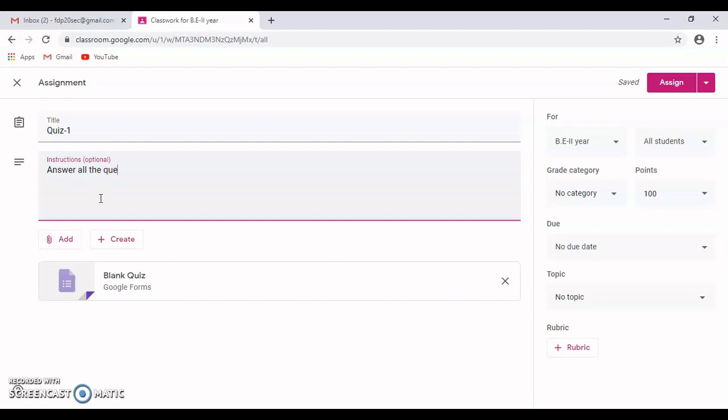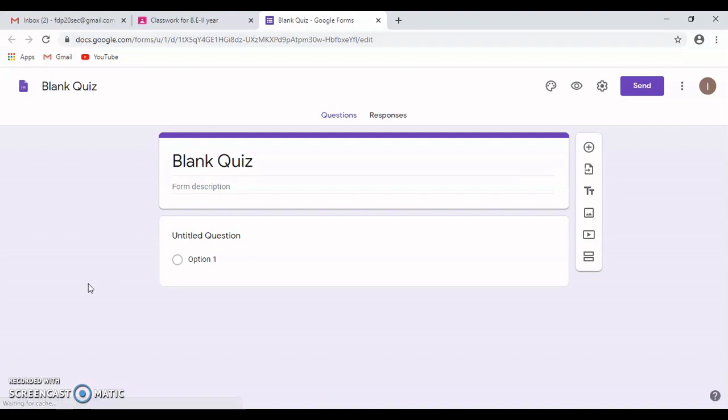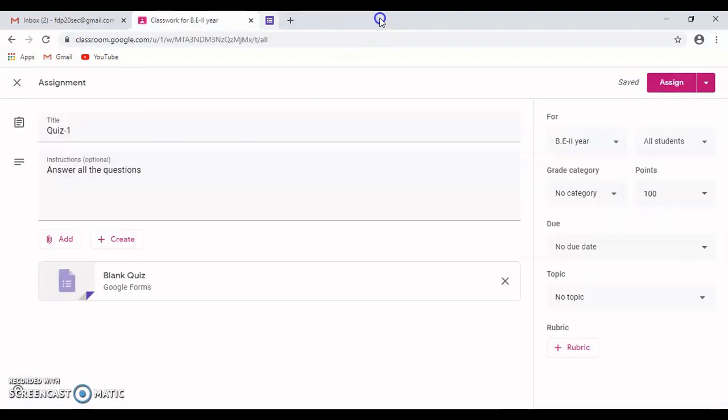For quiz, a default form is shown where, by clicking on this, I can type the questions here. But I have already created a form, so I'm going to remove it, delete it. I click on this X here. I click on the add button here.